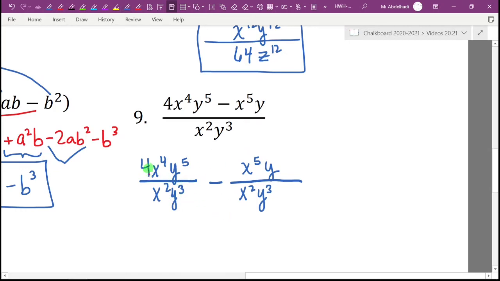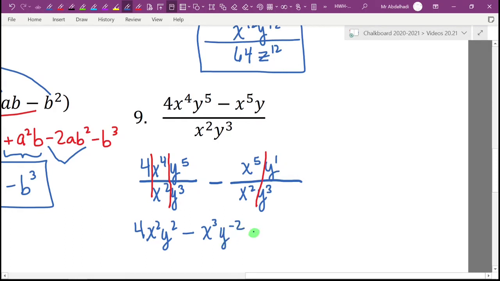and simplify. Now you're going to mentally chop them up. You're not going to physically, like I'm doing here, but that's fine. So this is 4. x to the 4th divided by x squared is x squared. y to the 5th divided by y to the 3rd is y squared, and that one's done. Minus, that's going to be x to the 3rd, 5 minus 2 is 3. And this is going to be y to the 1st divided by y to the 3rd, so y to the